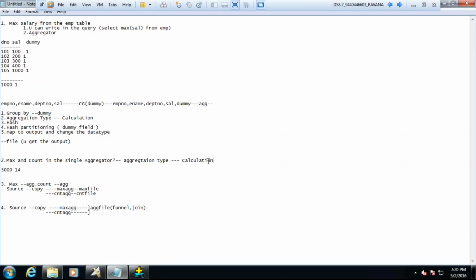We need to go to the data stage and see what options are available for the calculation. What options? For calculation: max, min, sum, average. So these are the calculations. Okay, now I have given you max, min, sum, average.